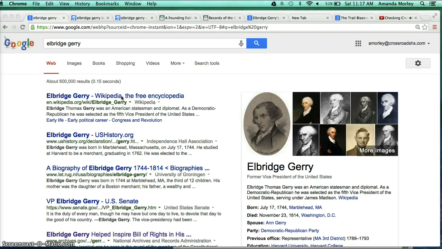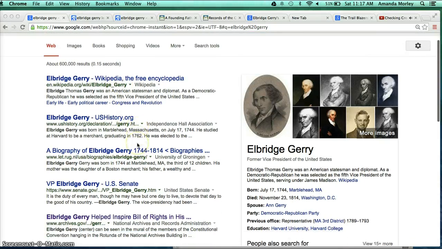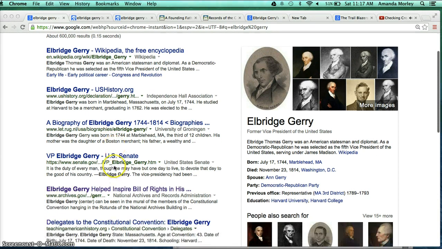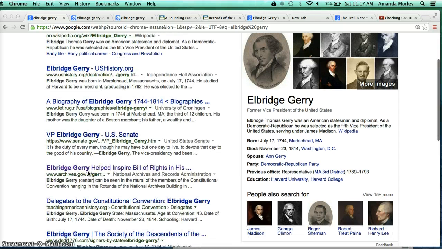We have ushistory.org. That might very well be something that we could use. It looks like there's something about the US Senate that, if it's a .gov, it's almost always reliable. Archives.gov is always a reliable source for you. So there's some stuff here that you can use, but you need to make sure that you're using a credible